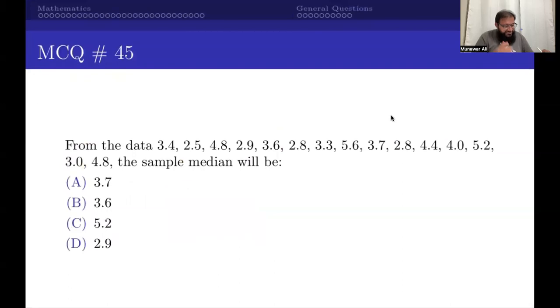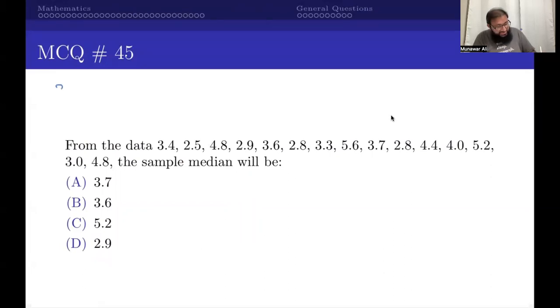So next one is MCQ number 45, which is a very simple question. You only have to find the median in the sample data. To find the median, you are going to arrange the data in ascending or descending order. So I'm going to write the order because I don't want to waste time. Then we are going to find out what's going to be the answer. So the data in